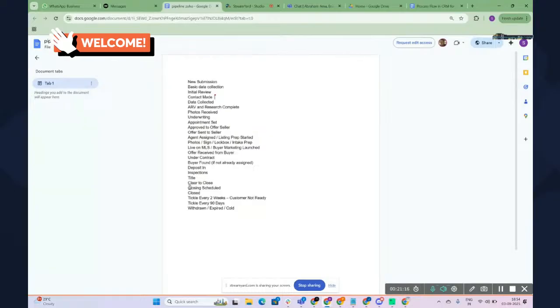Okay. Let's talk about this basic data collection, the first stage of the pipeline, or the second. In this basic data collection, do you want me to add required fields, like what basic fields need to be there if they are marking the basic data collecting? Basically, at a minimum, and there's sometimes more data that is needed,